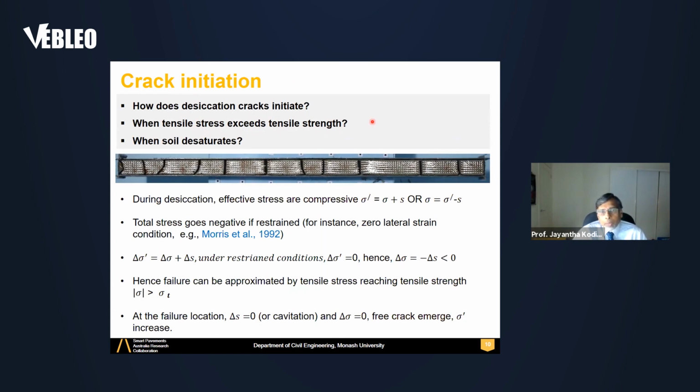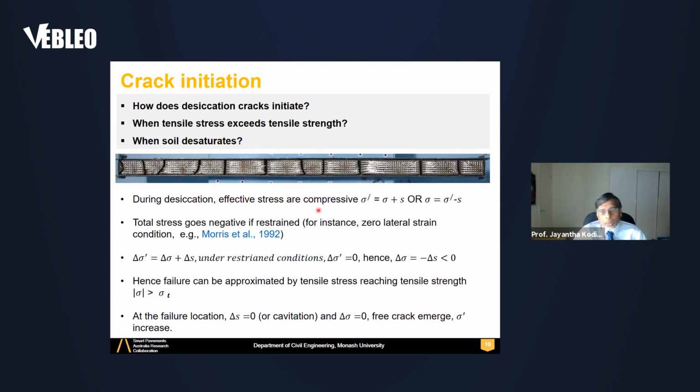We are normally familiar with seeing strain before cracks initiate. Does it happen when soil desaturates? So these are two schools of thought given for crack initiation. But during desiccation, effective stress, interparticle stress, is always compressive. There is no tension